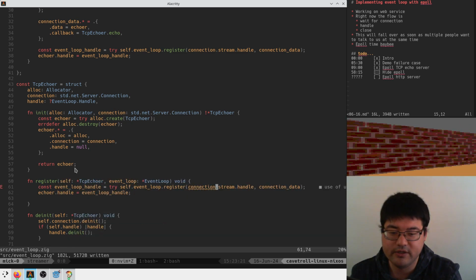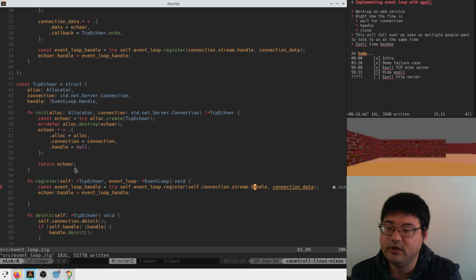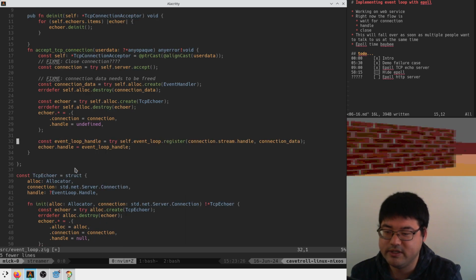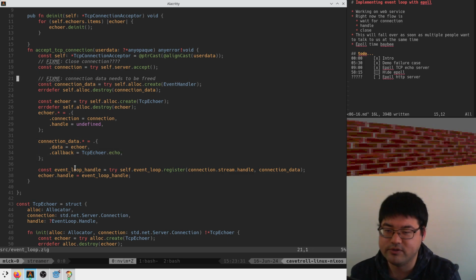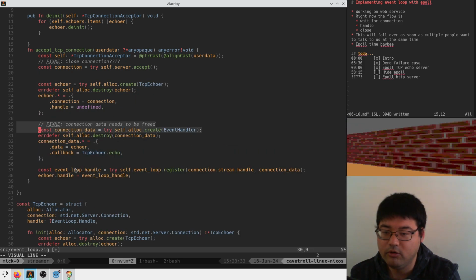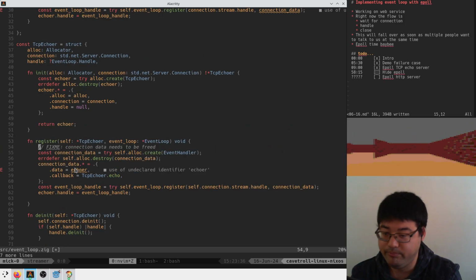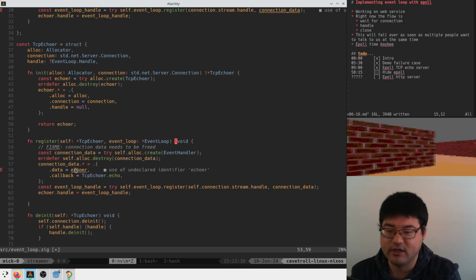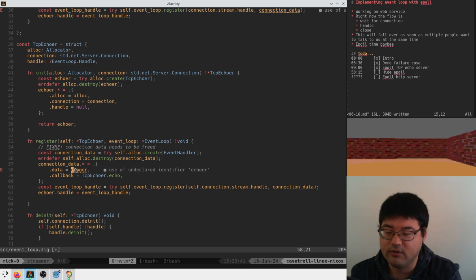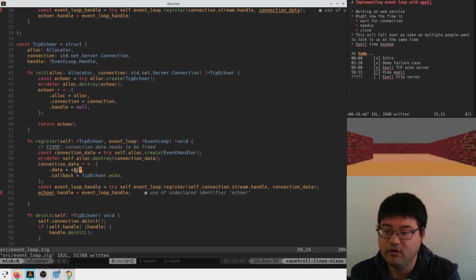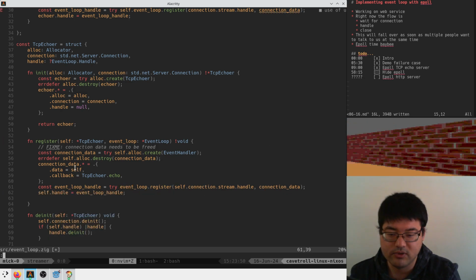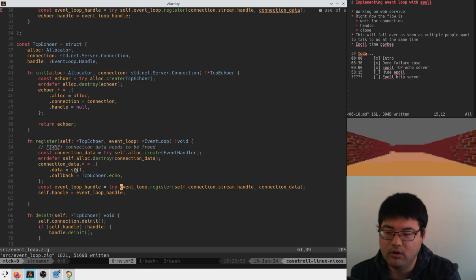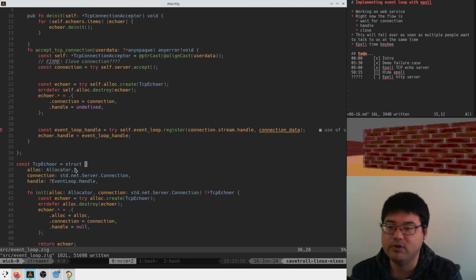So here we just say self connection like this. We have to create our connection data, which is this. So this stuff goes down here. Yes, this feels like it works. Data is self, and then self.handle is equal to this. And here we just register with the event loop. Yeah, that feels nice. And then up here, we just call